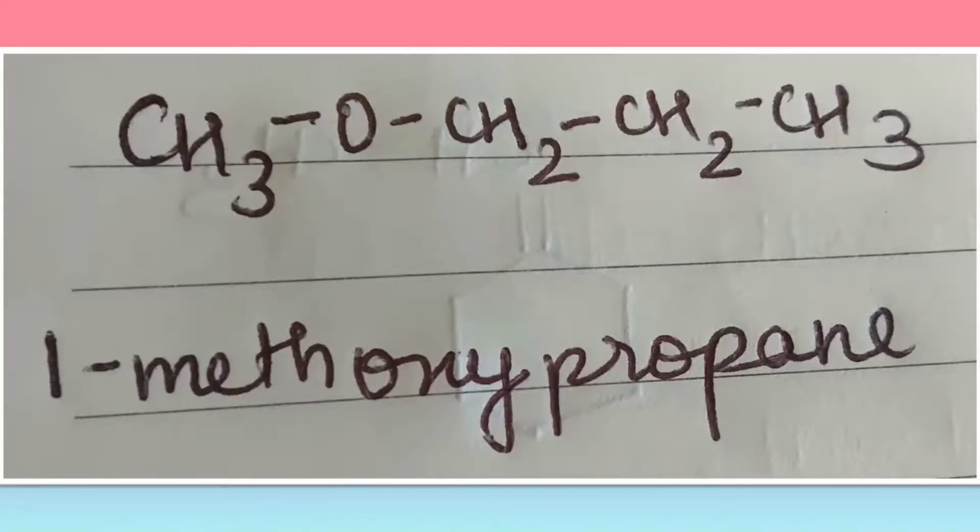So the general formula is alkoxy alkane. We don't attach any further suffixes after the last alkane name. And here we can write it in two ways, like 1-methoxypropane or methoxypropane. Either one is fine, because sometimes you have an iso group attached in the alkoxy part or in the main alkane part. In that case, you have to mention the locant number of the carbon that has the oxygen group attached to it.